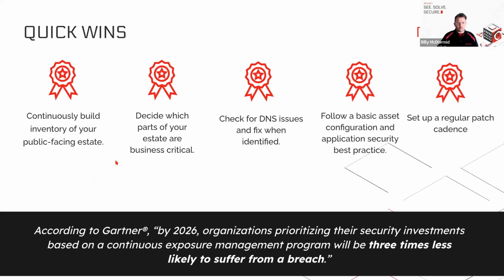There's a number of customers that we work with in both ways, in both the quick win way when we're onboarding customers, and also on the longer term play. Some of the organisations that we work with are working in critical infrastructure. They're working in utilities, for example. Some of them are working in retail. Some of them are working within financial services. Some of them are working in local and central government. But what they've all got in common is that